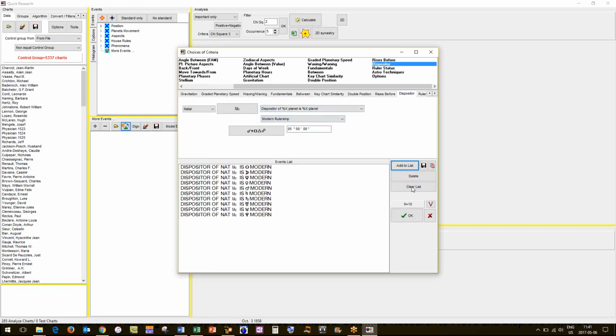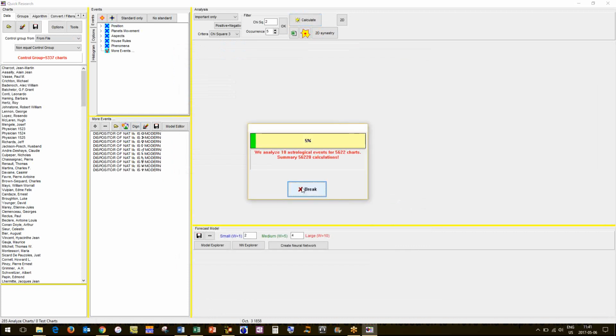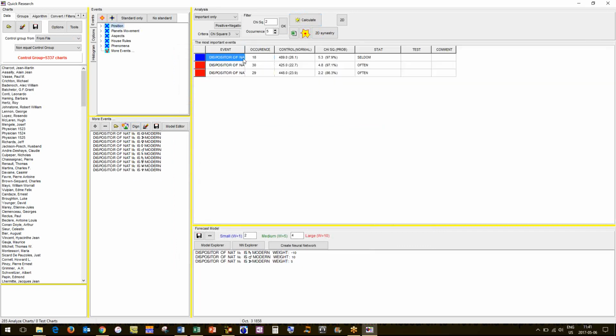No, actually, it would work. Sorry, I lied. But anyway, we're set up for modern. We're going to look at modern. Yeah, let's see. Dispositor of the 10th house.